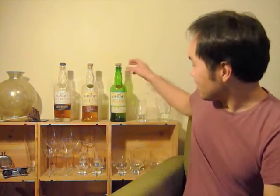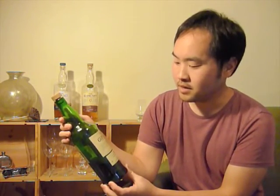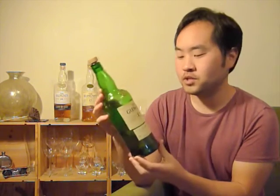My name is Josh Cho, and today I will be giving you a whiskey review on the Glenlivet 12-year-old. Here's the bottle. I decided to do this as my very first whiskey review, and I decided to do it on the Glenlivet 12-year-old. I thought about which bottle to pick, and the reason why I picked this one was